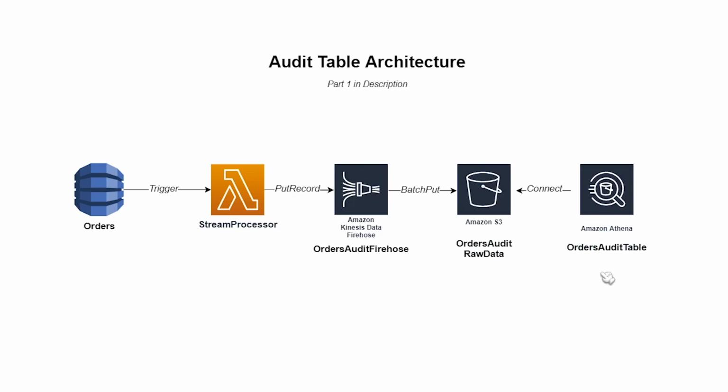Two other things that I want to mention: for the code that exists as part of the stream processor, I'm going to put that in the description section below. And also I have a whole bunch of other videos on all these different things: DynamoDB streams, Kinesis Firehose, and Amazon Athena, all separately. And I'll put those in the description section of this video in case you want to get more familiar with them. So let's head over into the console now and get started making this thing.